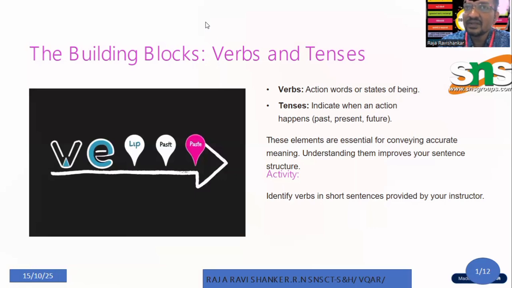So let us look into these aspects of verbs also, how these sentences are built up. The building blocks not necessarily means verbs and tenses alone. Of course, there is a subject. Of course, there is an object. Of course, there is a time. Of course, there is an additional meaning which goes with conjunctions and prepositions. We will see these aspects also. Okay. So let us keep continuing this and see what is going to happen next. Okay. So let us see those aspects also.